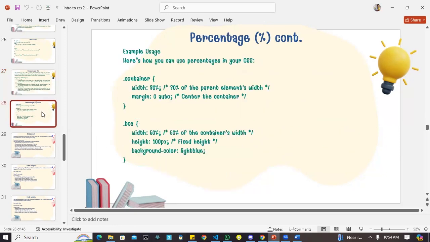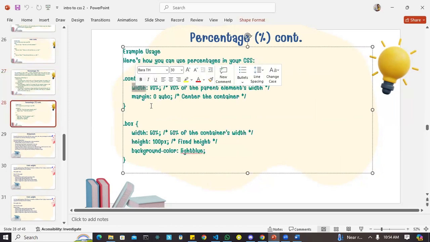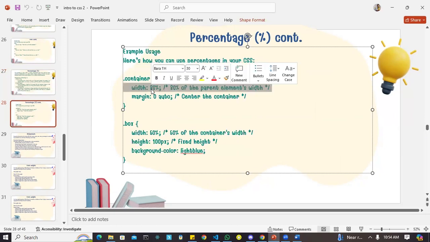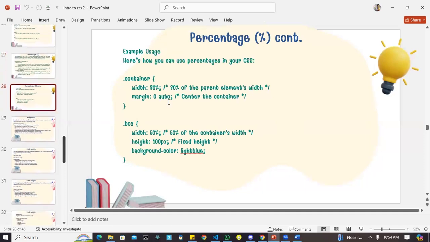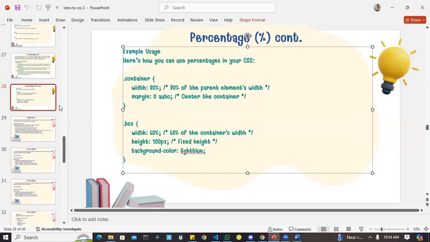But most people prefer using the REM. So if the container's width is 80%, then whatever fonts you add and give a percent will take that percentage size of the parent. But most times we use percentage for width, and yes. So